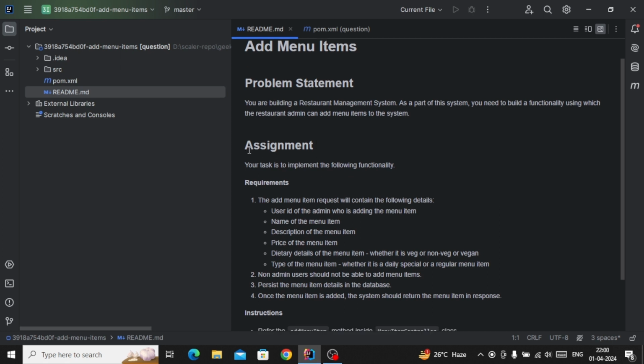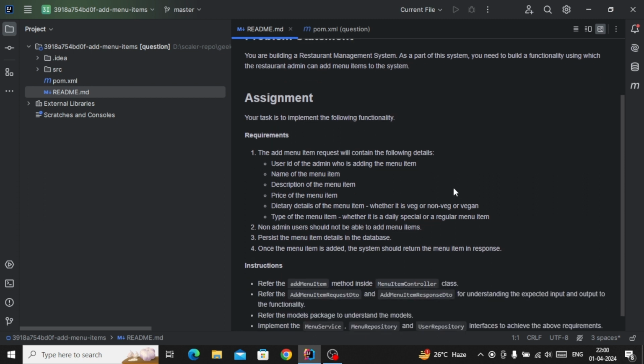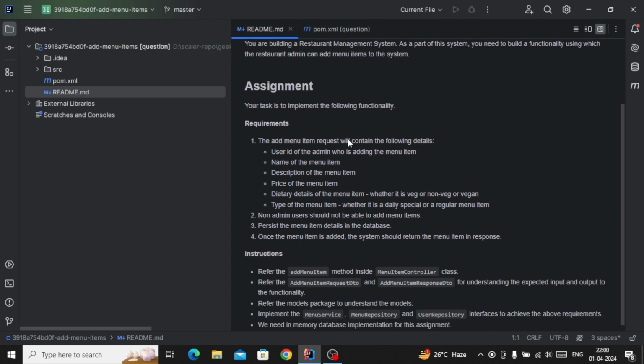Okay, so as you can see in the assignment, the task is to implement the following functionality. Whenever we are solving any assignment, at that time we have to read each and every line carefully. Like if you can see here, requirements, they have given some requirements. So first we will read the requirement, then we will see the instructions, and based on the requirement we will go ahead.